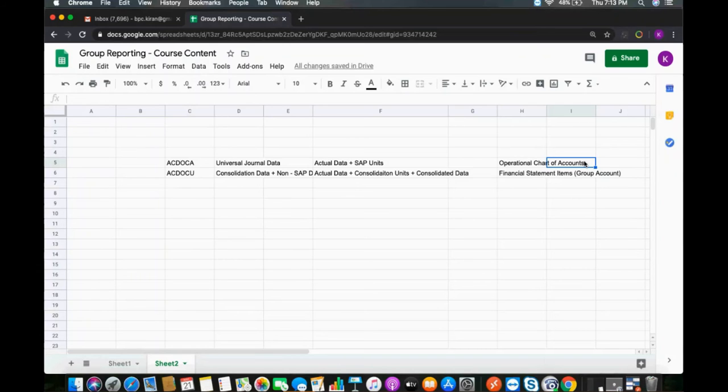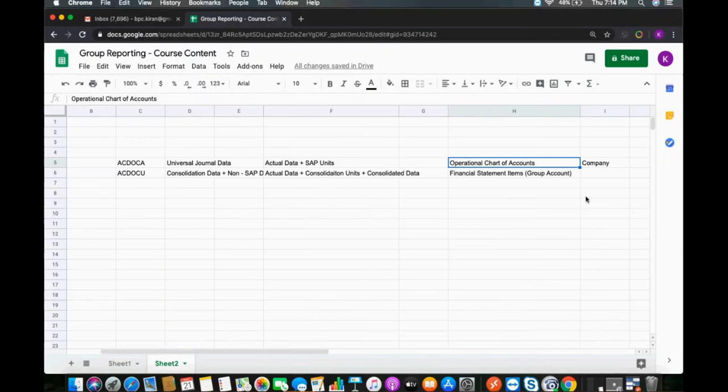I am talking about companies in SAP Finance. So SAP unit, when I say company. Here, consolidation unit, when I say that, is SAP and non-SAP companies.